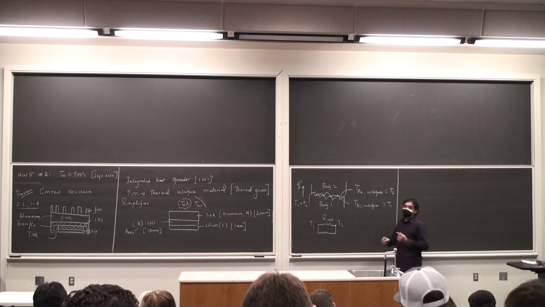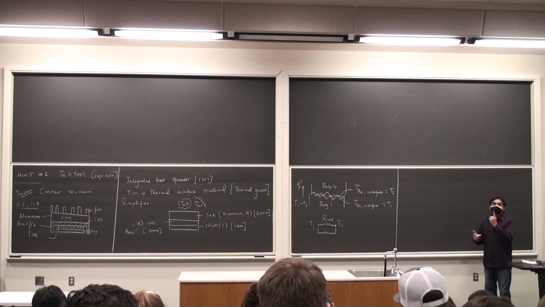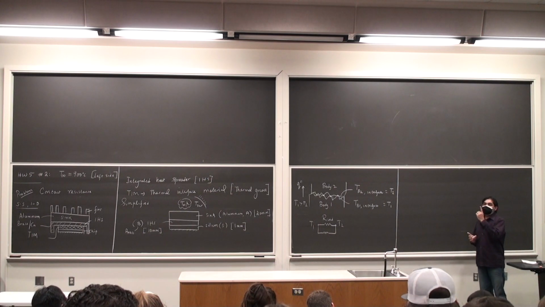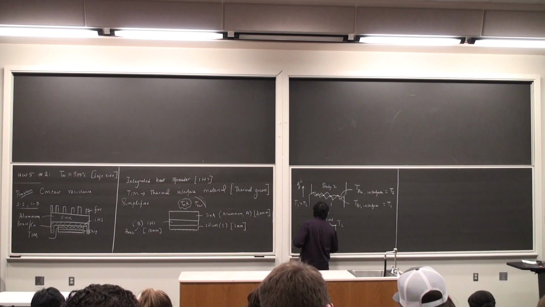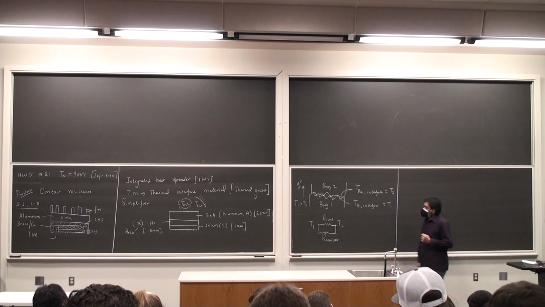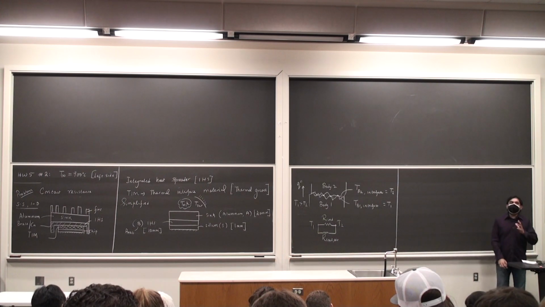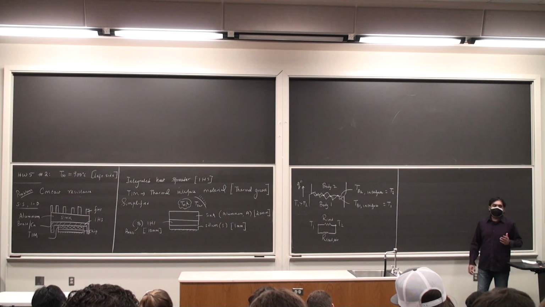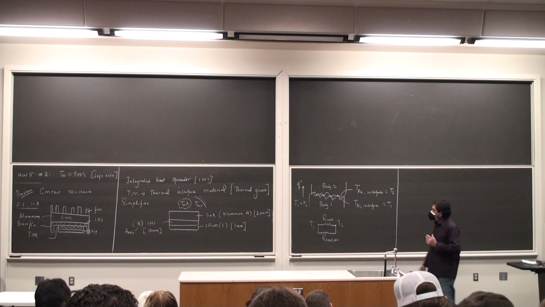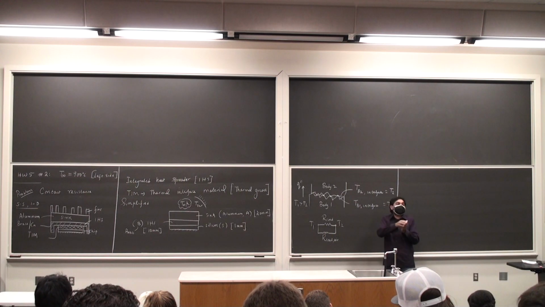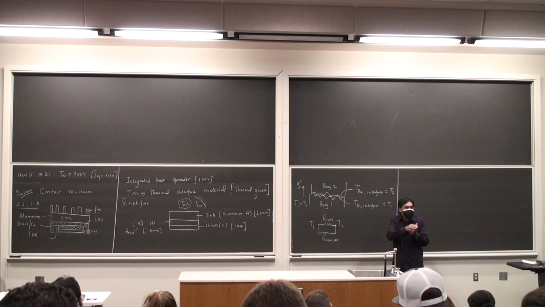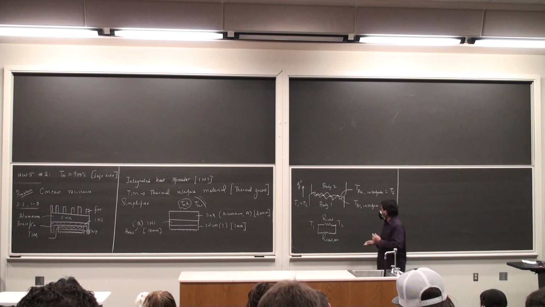But there is also another way for heat to travel, which is through the air gap. And so there is going to be conduction through the air gap as well. So this is our conduction through air. And usually, as is typical practice in heat transfer, we don't draw the network in this particular manner. We say that there is a contact resistance between the two materials at the interface. Okay, so this is replaced by